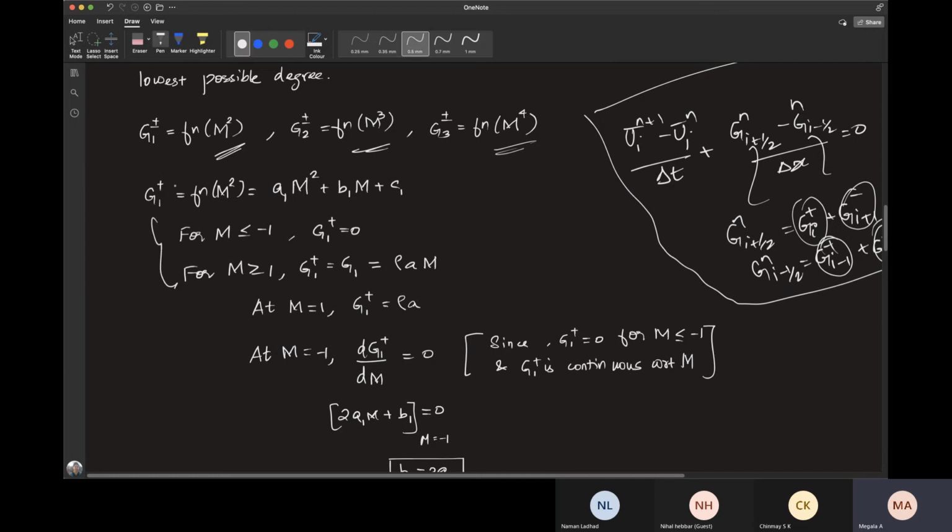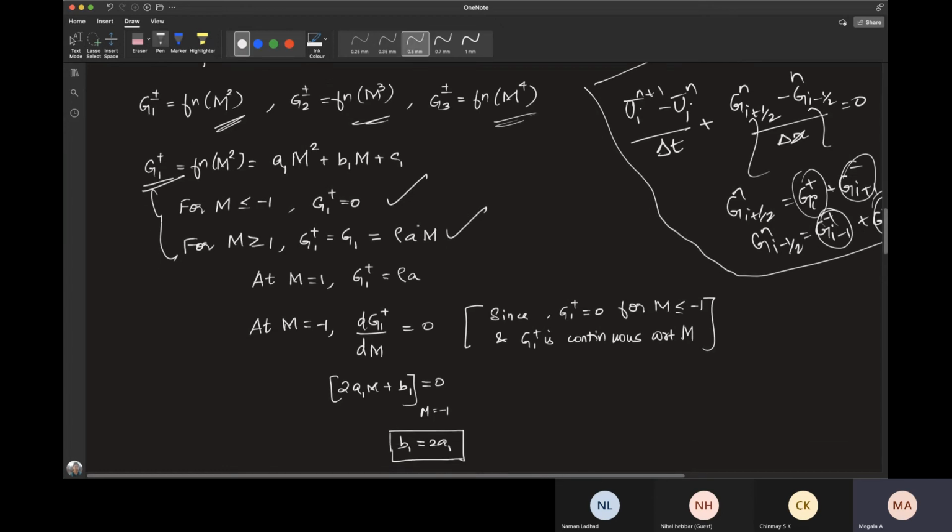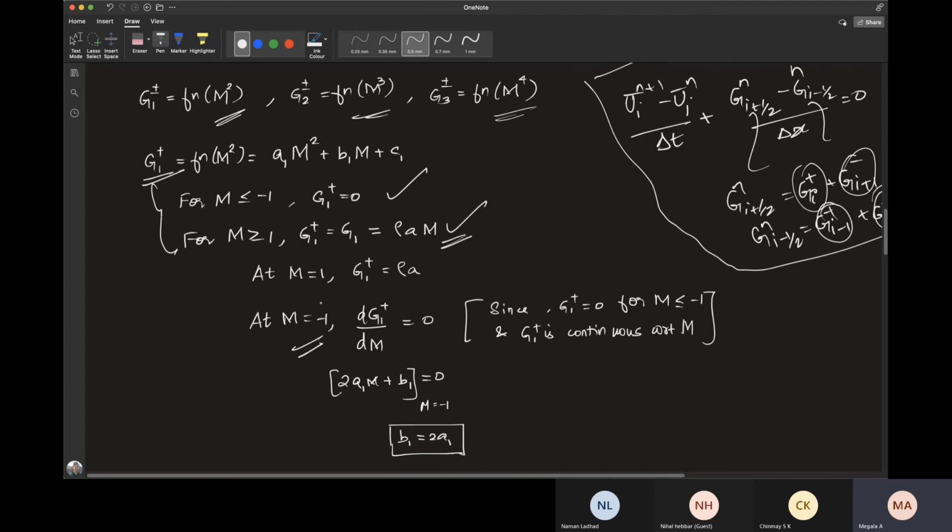Since we are now evaluating only g1 plus, we don't care about g1 minus as of now. Let us now just look at g1 plus. So for Mach number less than or equal to minus 1, g1 plus is 0. And for Mach number greater than or equal to 1, g1 plus is rho u m. So since this holds for all Mach numbers greater than or equal to 1, we can evaluate the value for g1 plus at m equals 1. So that will be just rho u. And at m equals minus 1,